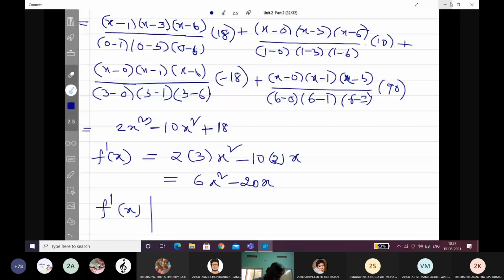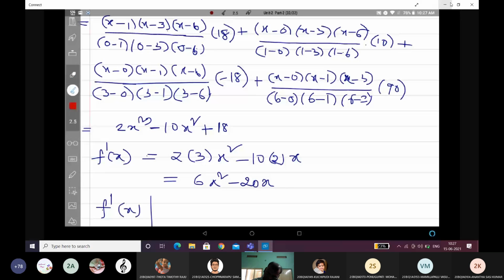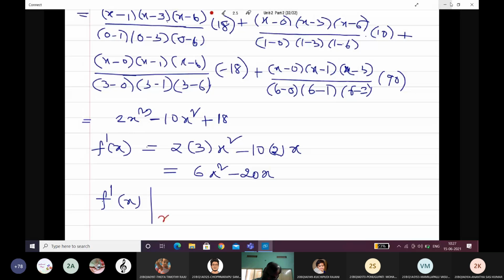Now, f dash of x at slope x is equal to 2. It is equal to 6 into 2 square minus 20 into 2. That is equal to